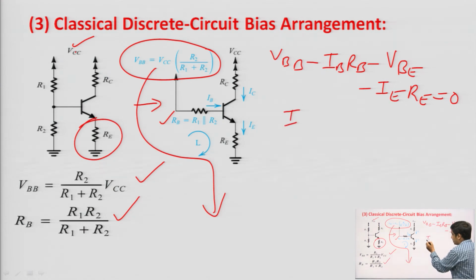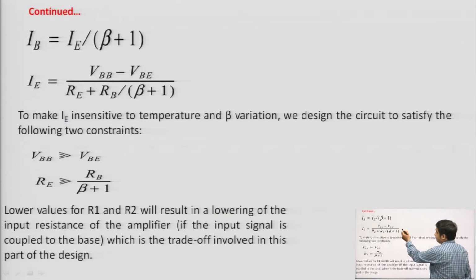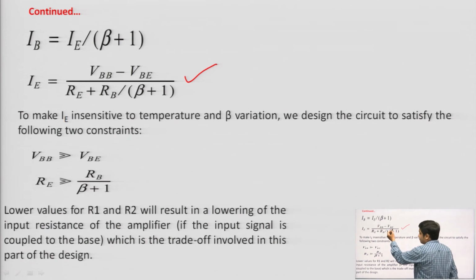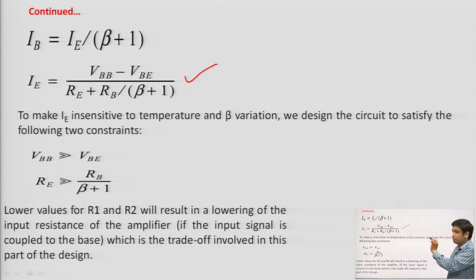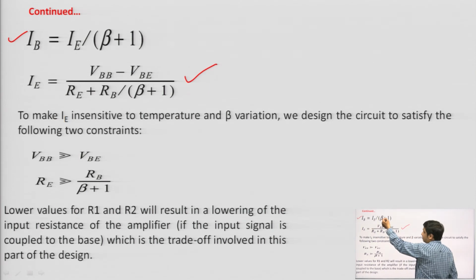So from here we can calculate the value of the emitter current. Just solve it and you can get the emitter current IE, and IE will be VBB minus VBE upon RE plus RB upon beta plus 1, fine. And where IB is, we know the relation: base current is equal to emitter current upon beta plus 1. Now, just see to it,